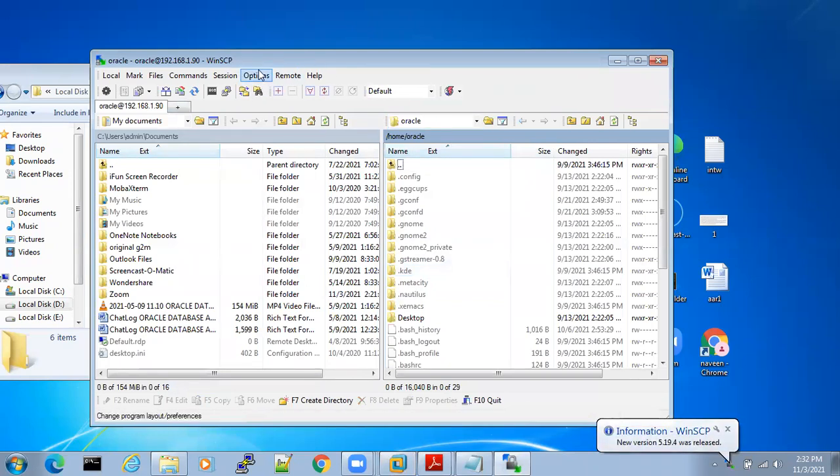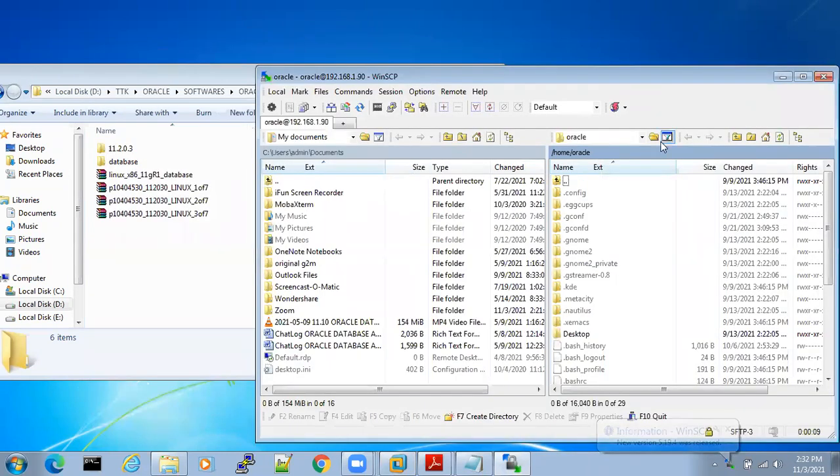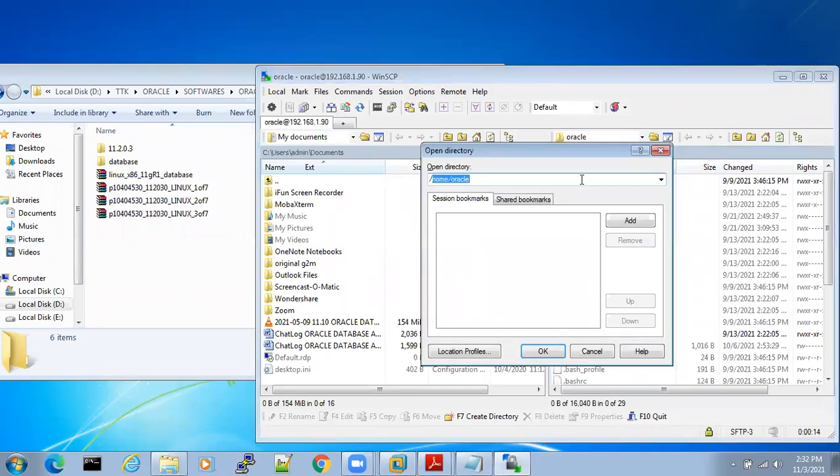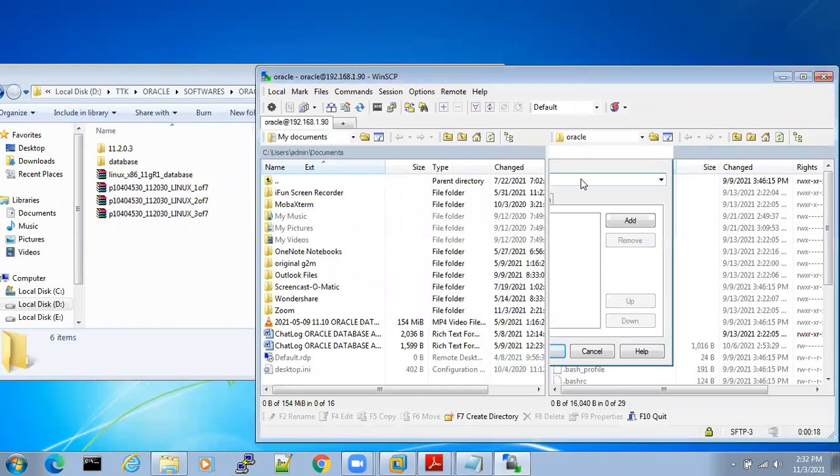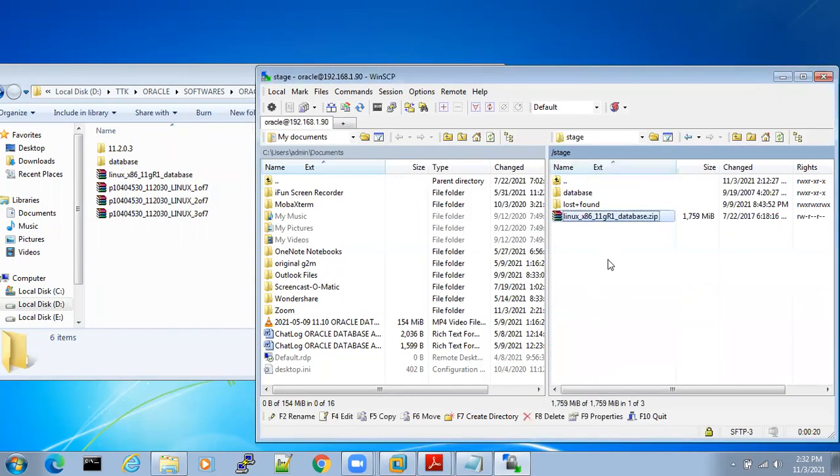Back to basics again. Where are we storing softwares? In which mount point do we store the softwares? Stage. So go to /stage. The 11g release 1, 11.1.0.6 software is already here. So we'll separate this.